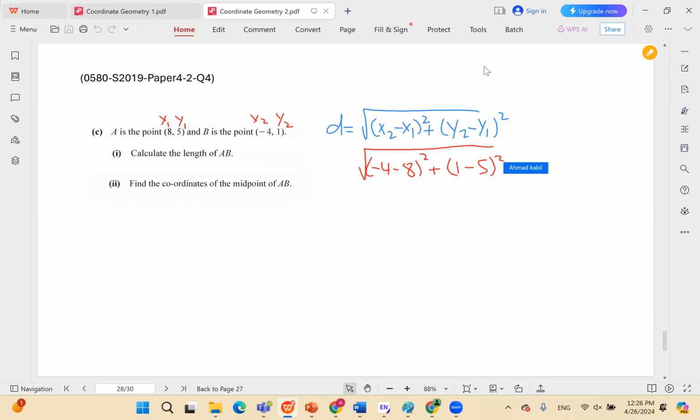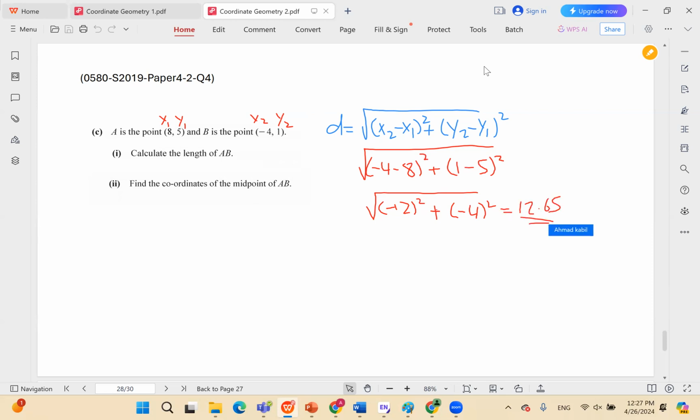So -4 minus 8 would be (-12) in a bracket, power 2, and 1 minus 5 is (-4) in a bracket, also power 2. So either you ignore the negatives because the power 2 will cancel them out, or you put them in proper brackets. Otherwise, the calculator will miscalculate. So here the final answer will be 12.65